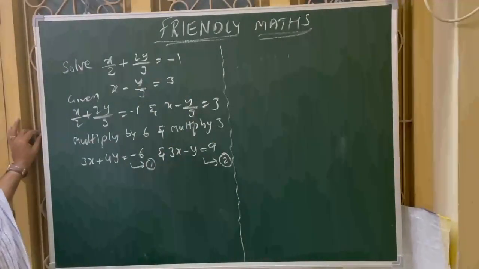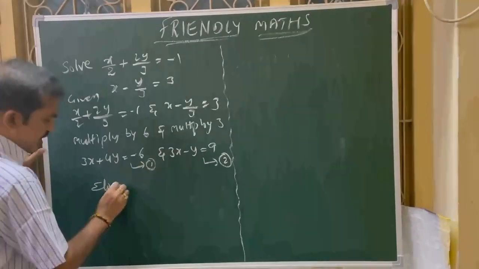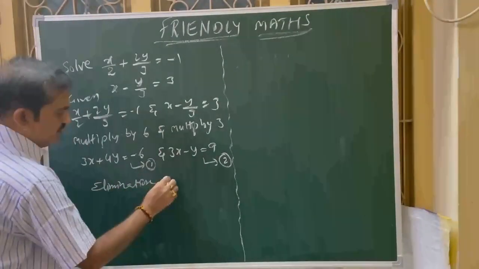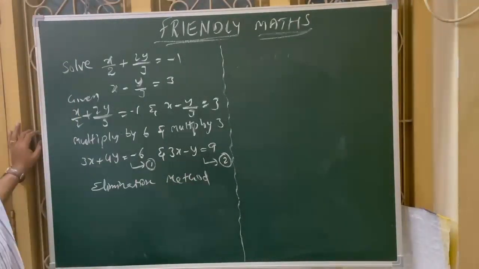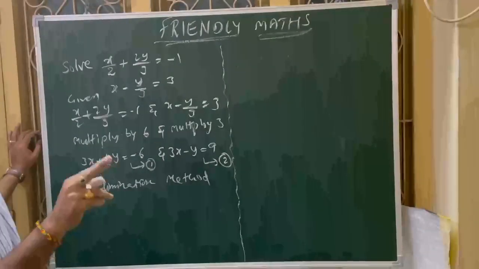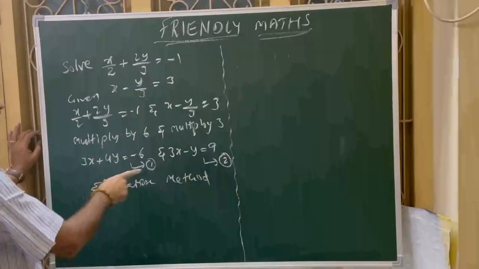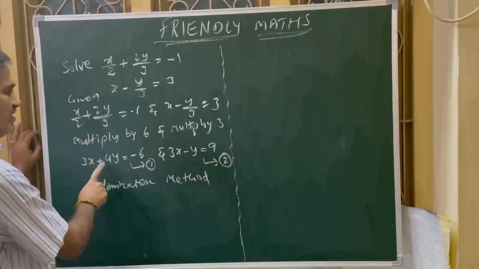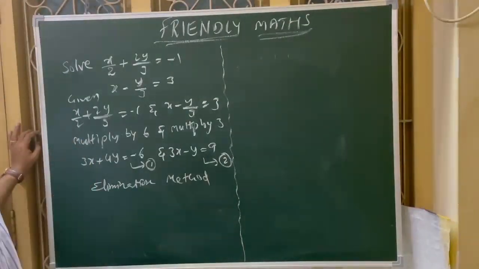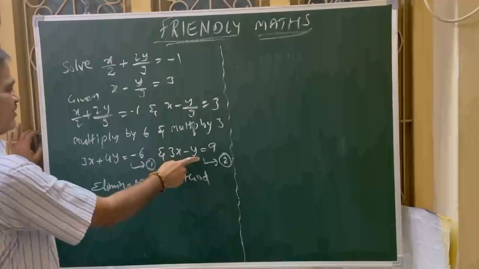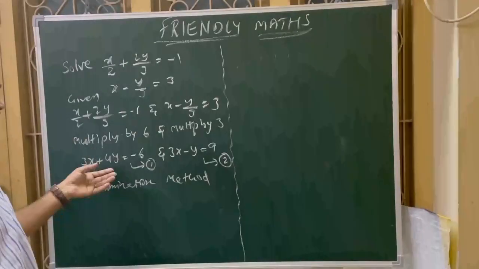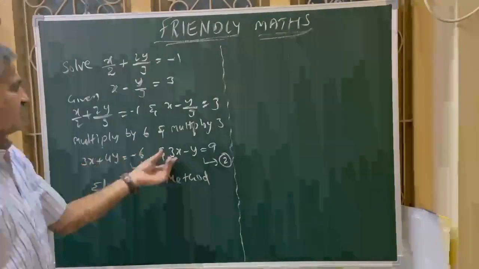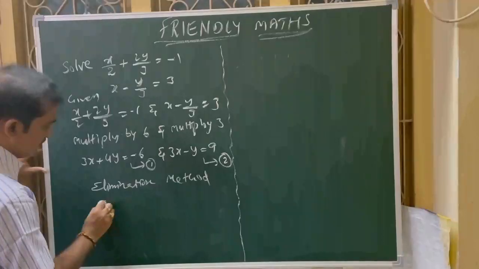Okay. Now it's an elimination method. Elimination method means one of the variables should be eliminated. Now we have to select which one is comfortable to multiply. For that elimination, both the equations should have the same numerical value. Now you see, x is having the same numerical value, 3x. No need to multiply with any numerical value. If you want to eliminate y, then the second equation should be multiplied with 4. These two coefficients are already equal, that's why I am directly taking it.